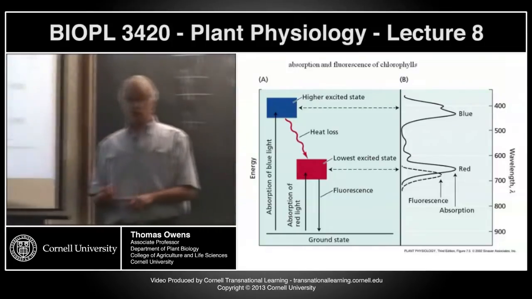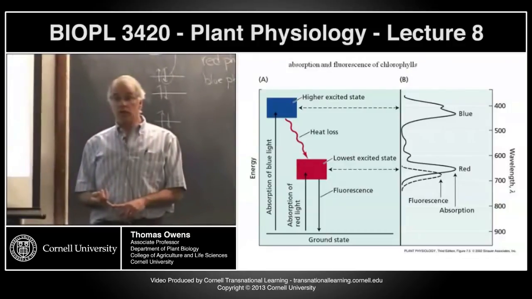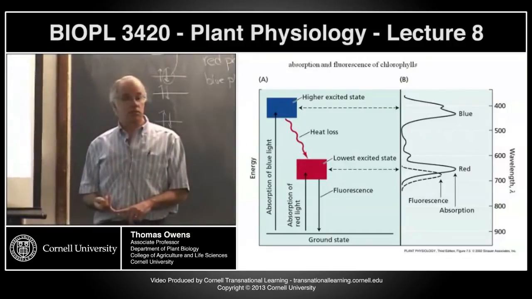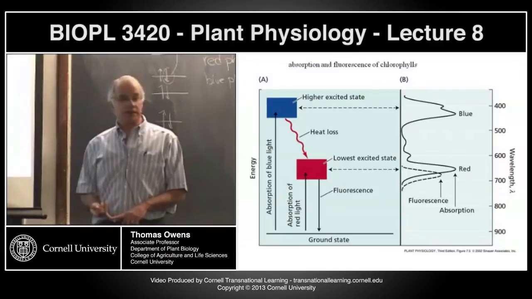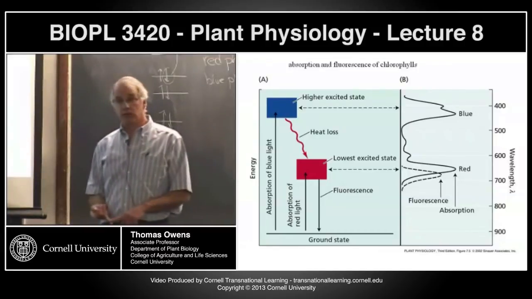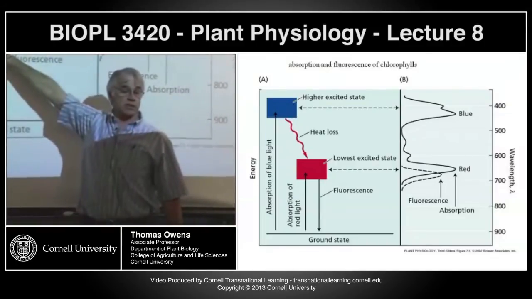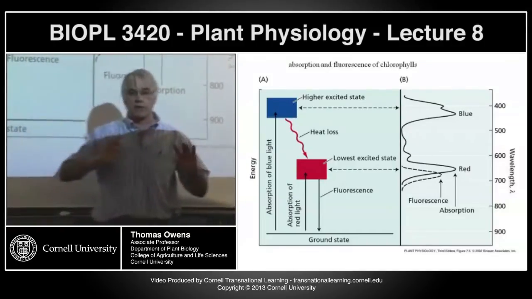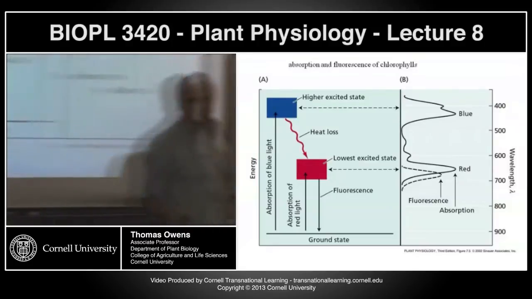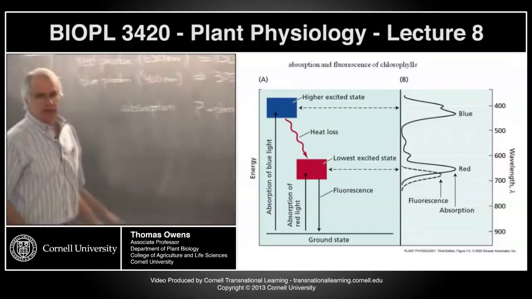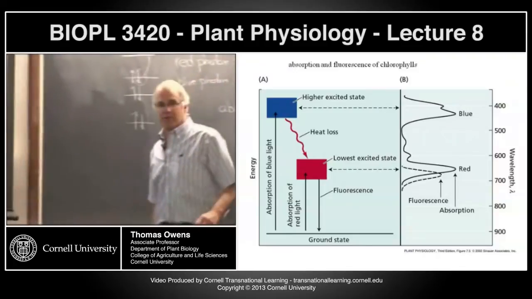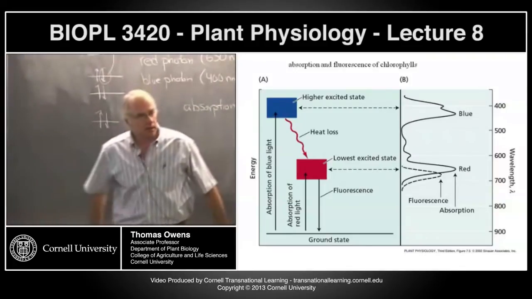So the short answer is no. You cannot do any more photosynthesis with blue light than red light. The only thing that happens is the plant heats up more. Okay? And again, this loss of energy between these two excited states is a common property of all molecules. Biology can't alter that. It's a fundamental property of the way molecules work. Yes? So